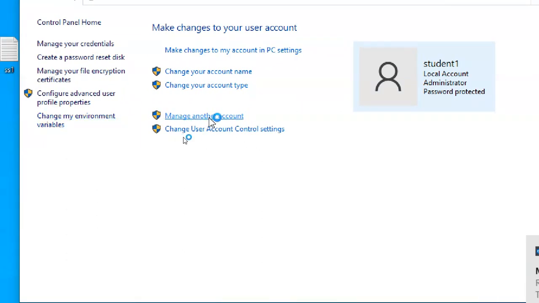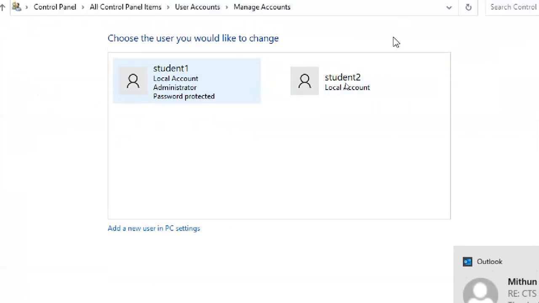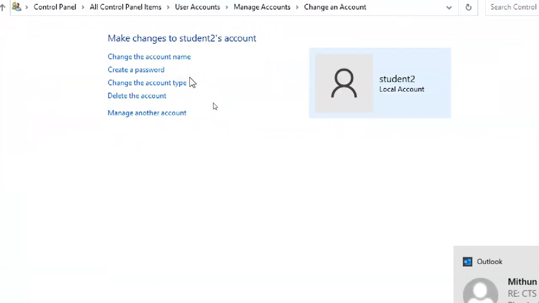Okay, manage another account. So I click on manage another account. Can you see two accounts are there? This is the student account. You can create a password, you can change the name, you can change the type, you can delete the account also from here.